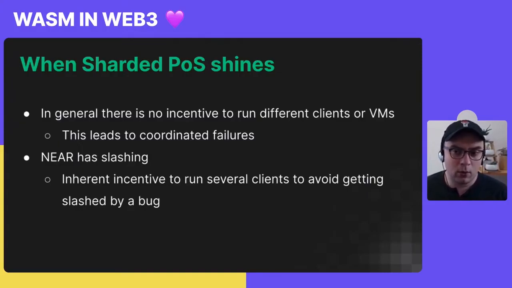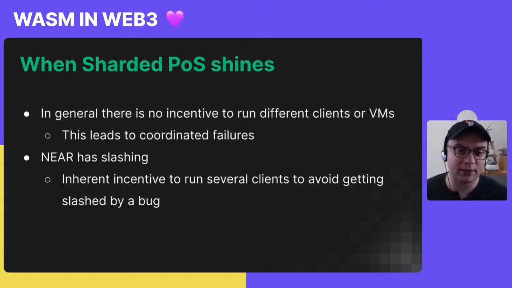So what has happened on some sharded blockchains, and what we want to avoid, is that when slashing happens because of some bug, which hasn't happened on Near. We also haven't enabled sharding yet, but if validators want to really avoid being slashed because there is a bug in the code, or because they have messed up the DevOps, the setup, then they might have an incentive to run multiple clients with different implementations side by side. And if they disagree on the block production, then they would terminate their clients without producing any block.